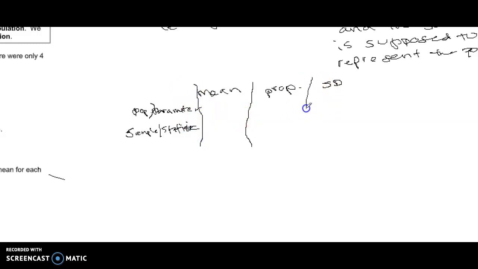Okay. So for mean, our population mean, which is a parameter,